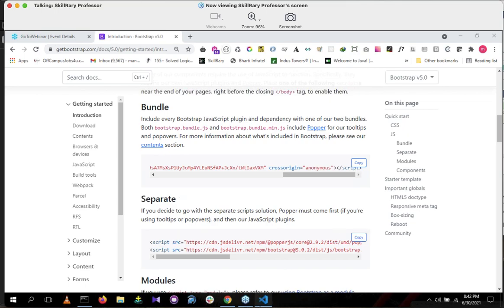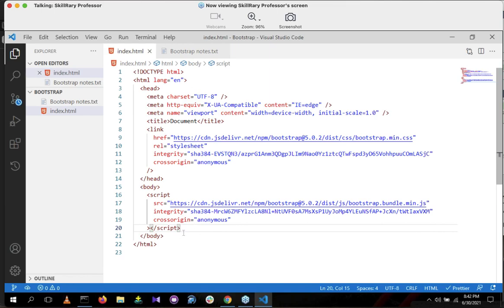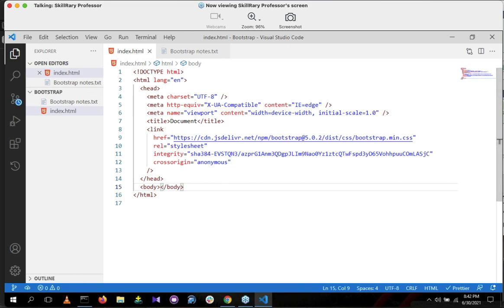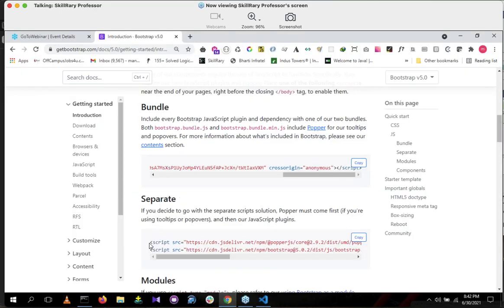So instead of copying this JS, remove this JS, guys. Go here, there will be two links. Script src, bootstrap popper.js as well as the JavaScript link. Copy this one instead of copying this. Everyone copied this one? Copy it.